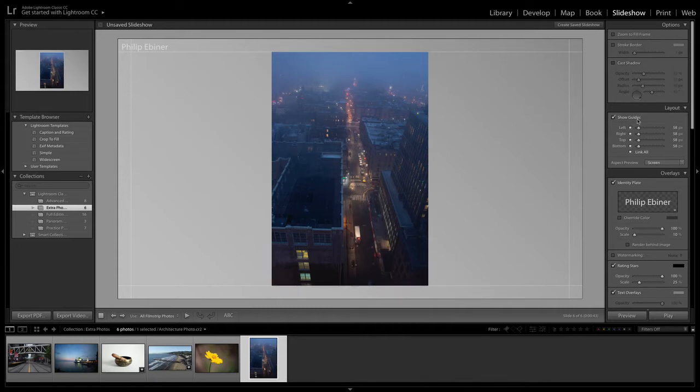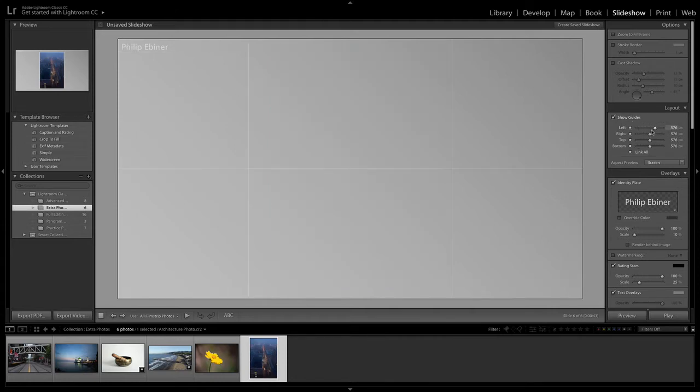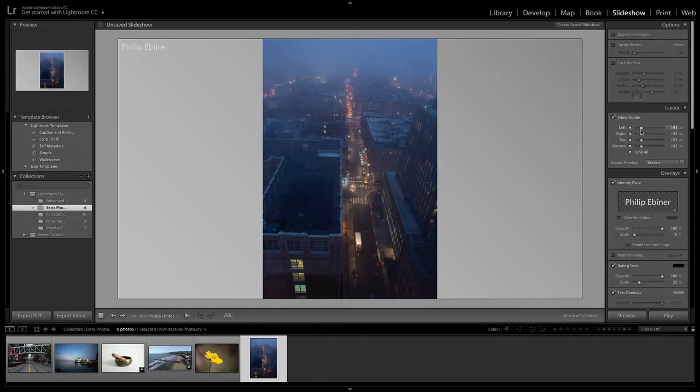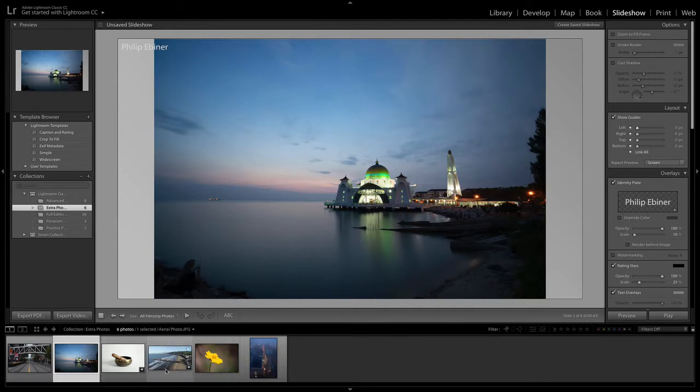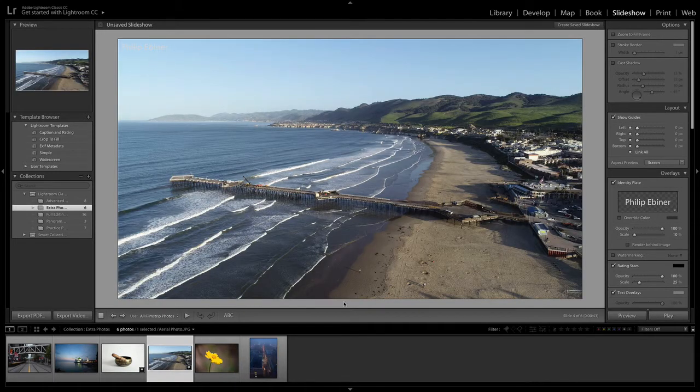Next, you have your guides or the layout. So showing the guides will just show the frame we've created. Adjusting these numbers down here will make our frame bigger or smaller. So if we want the photo to fill the entire screen, then drag these all the way to the left. So now if we go to one of these other photos, it fills the frame. If we go to this photo, which is a 16:9 photo, it fills the entire screen.